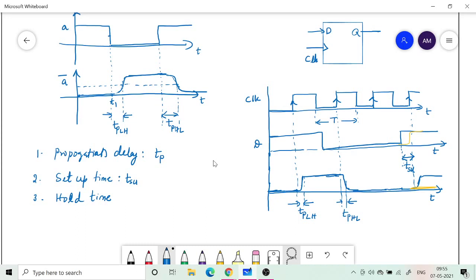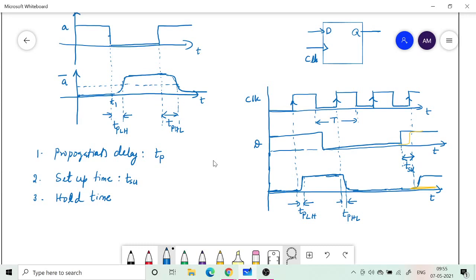If we don't bring it early enough, say if it is coming just like the orange waveform that I have shown, then the output is not latched to the high state because it just came and the clock also came. There was not enough time for it to be brought to the output. So that is setup time. Now what is hold time? Now hold time is after the clock edge, how long we need to keep the input staying there.